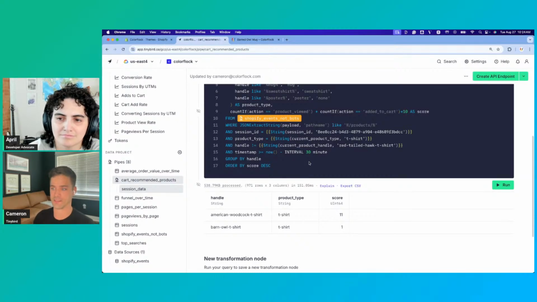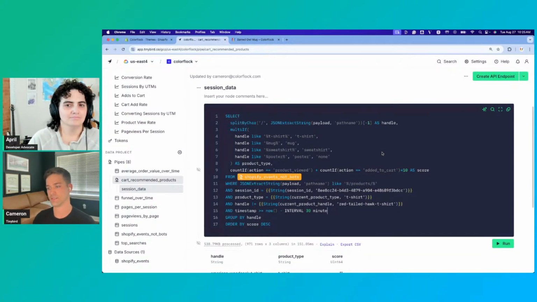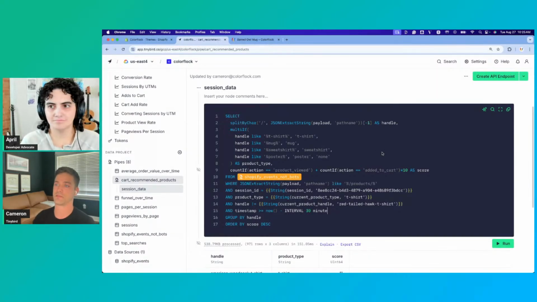Because that's how that data is sorted. So I'm just adding that in there to minimize my scan size when I run this query. Okay, so this is kind of our session data. What I want to do then is also get client data, kind of historical client data, and then historical